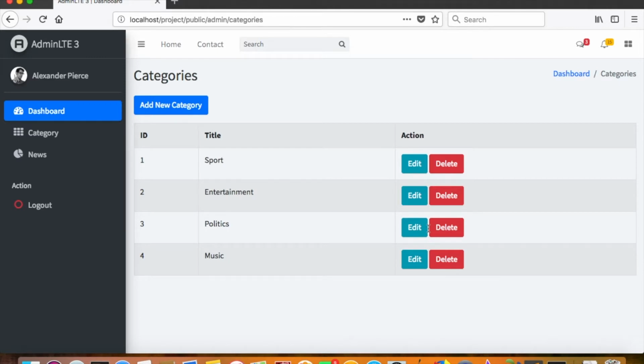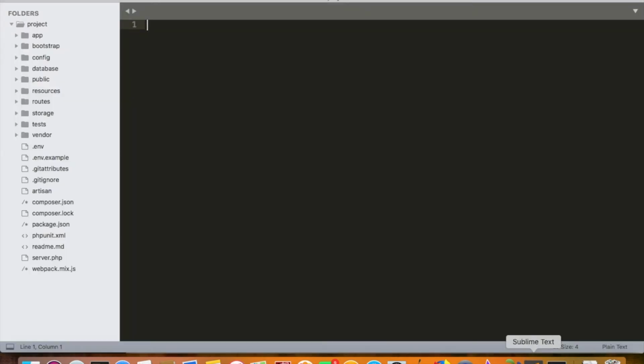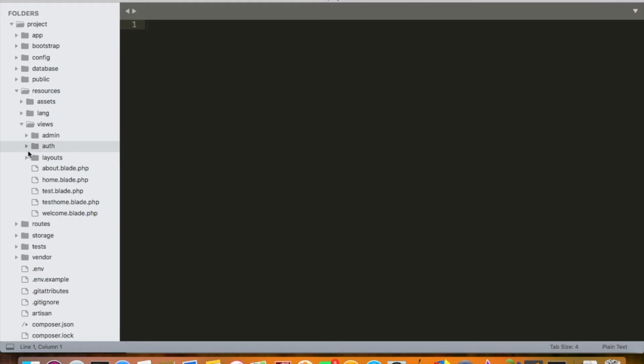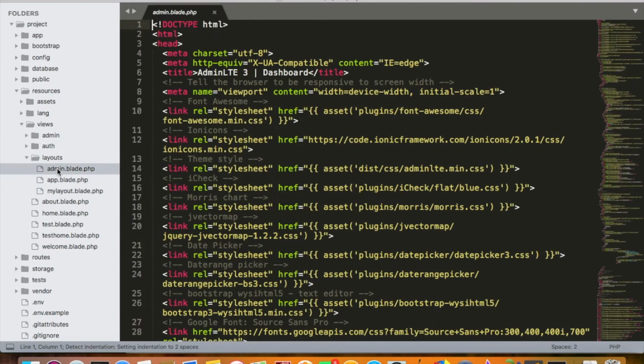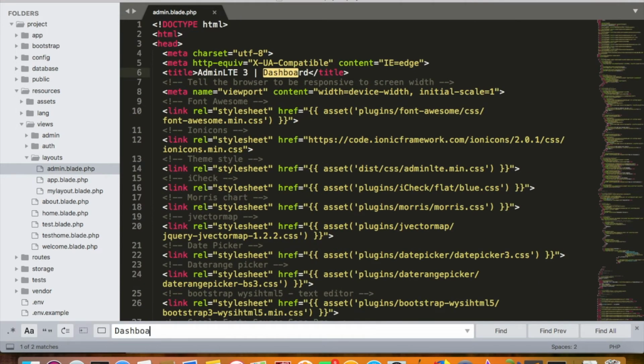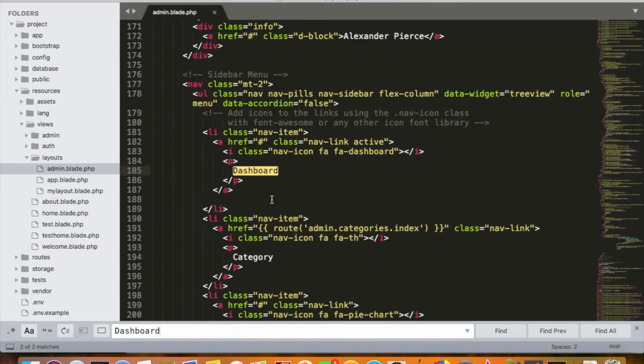I can pass the name of the controller through to the view file and check if the controller is categories, and then make the active menu accordingly. But one of the easiest way to do is accessing the URI segment. So since this sidebar and the header is located in our admin layout, so we can go to views, layouts and admin. Okay, and you can see that if I just click on dashboard, find, this is the menu that